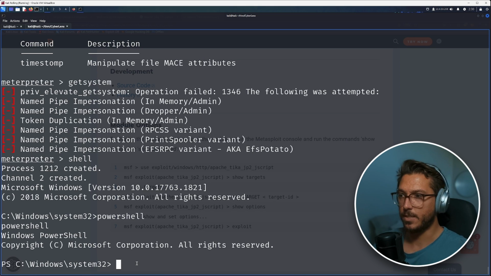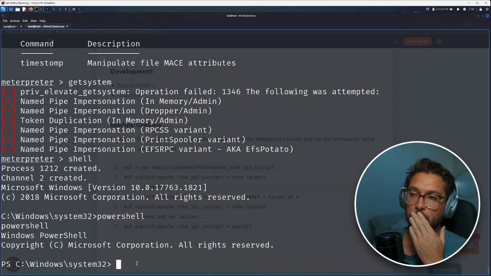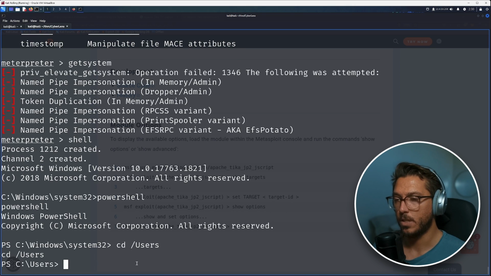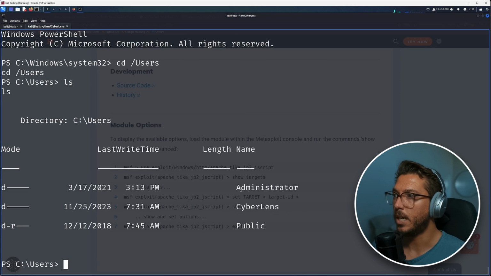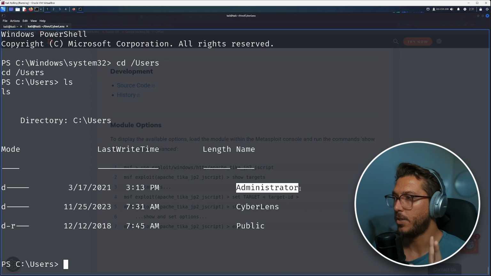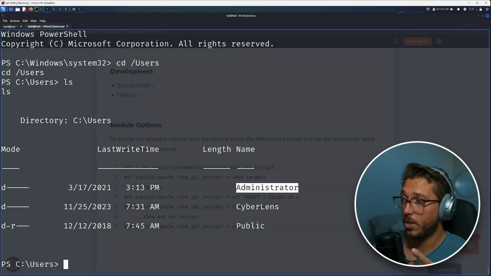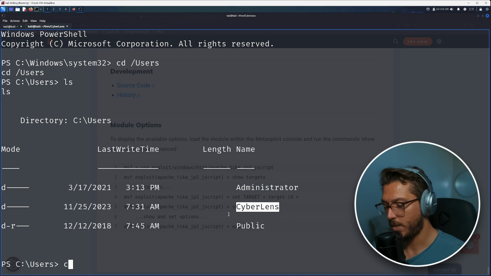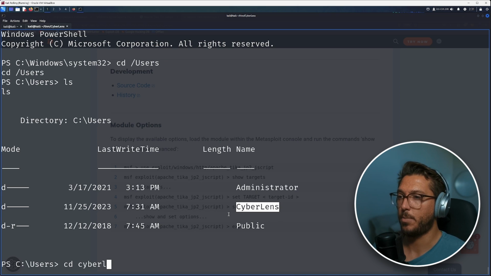So good idea to start looking around, getting an understanding of who's running on the system, or who's logged in rather, or just users. So if we go back to the users, we have a look here. Of course there's Administrator, the default root, super user, most powerful user on the system. So that's where we want to go now that we have our initial access. Currently CyberLens is who we are logged in as. So let's go into that CyberLens